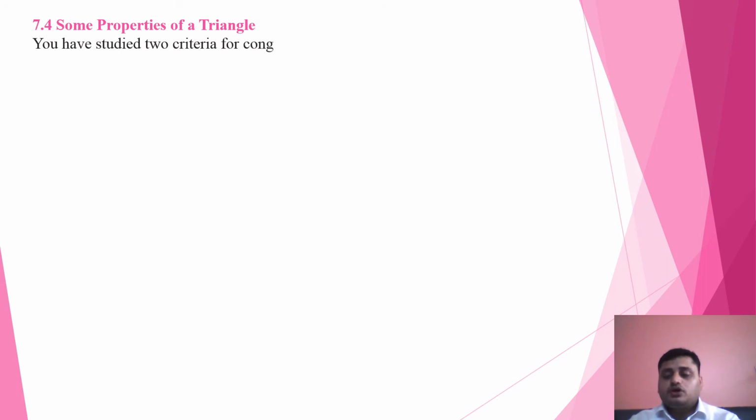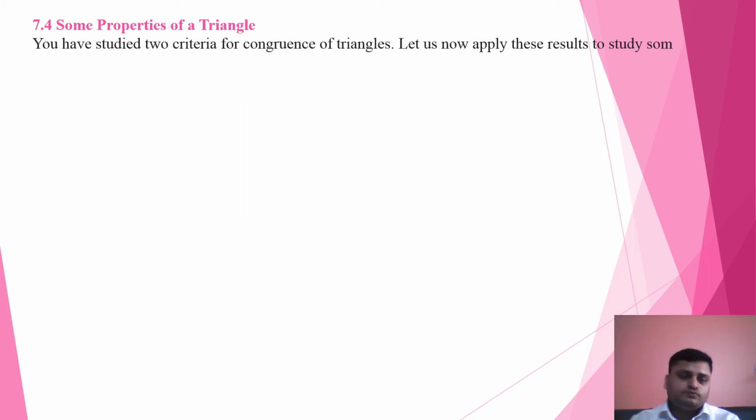Now see here what we will do. This is the next part that I have taken for you, that is the property of a triangle. In this property of triangle, you must know that you have already heard many properties. Now here we will look at a property of a triangle related to congruency. You have studied two criteria of congruency of triangles. We will discuss which two criteria we studied, and later we will apply their results also.